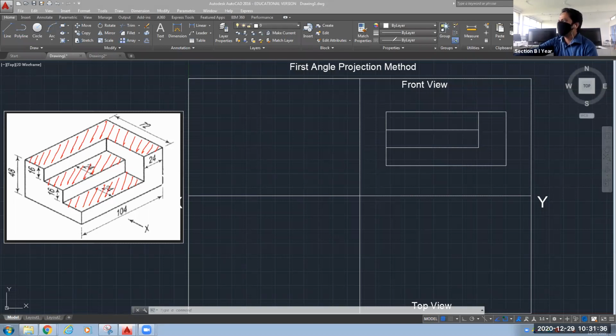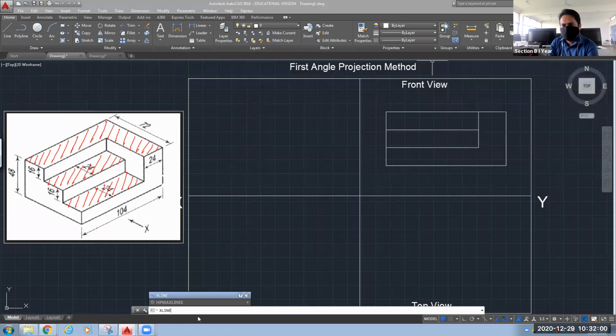Once you have drawn your front view, the next thing is you need to draw your line of projection. We will project all the points. So for line of projection, I will use XLINE. XLINE is nothing but a line of infinite length.